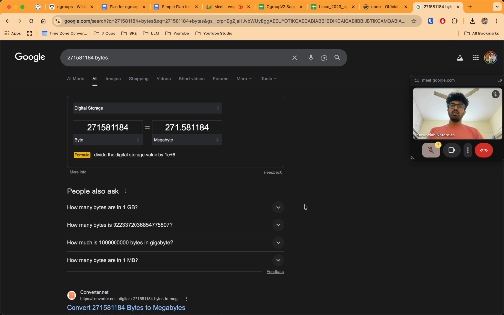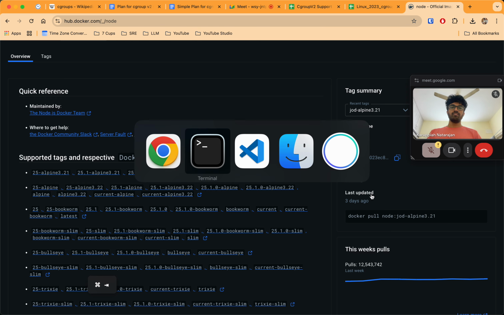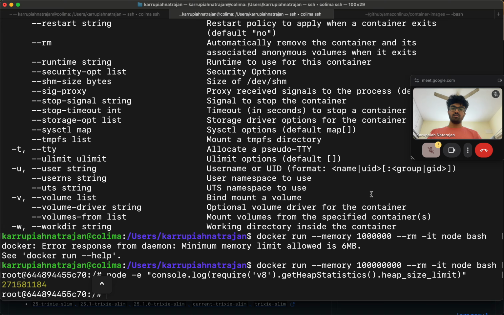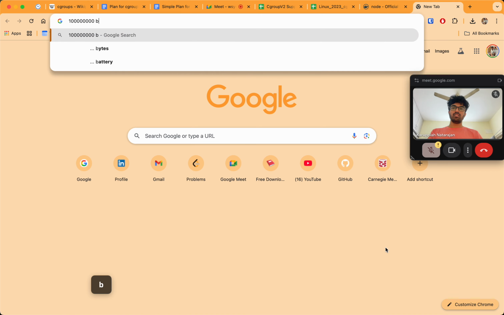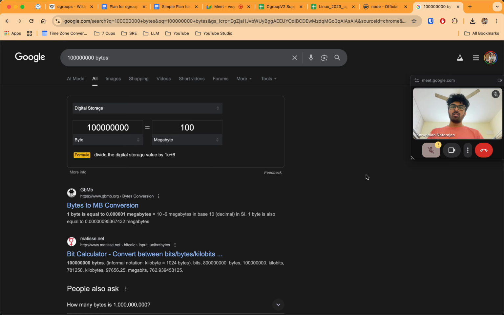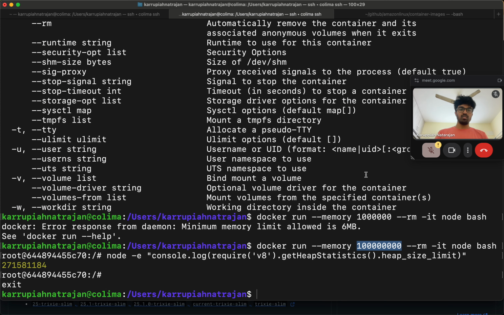Bytes. Yeah, it's 271 megabytes. Interesting. How much did I give? I thought this was in bytes. 100 megabytes. Yeah, I gave 100 megabytes. It is pretty high, but it's able to set it up.